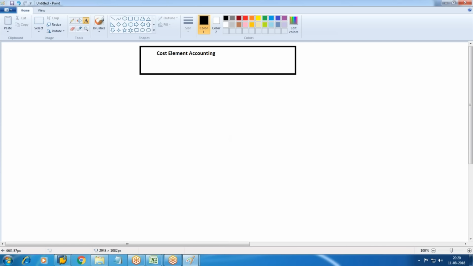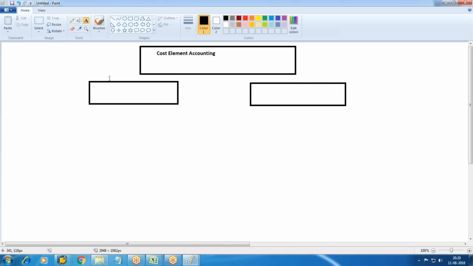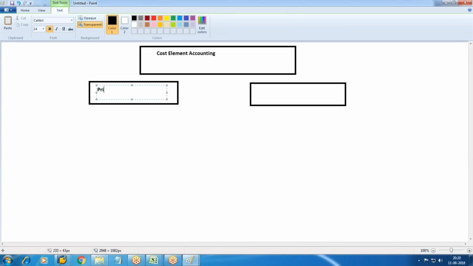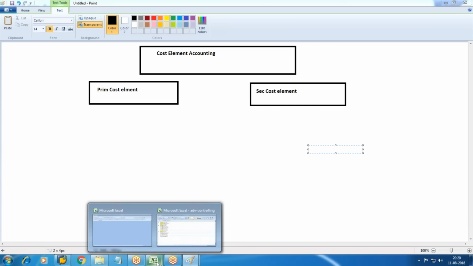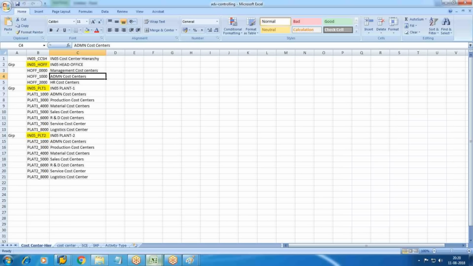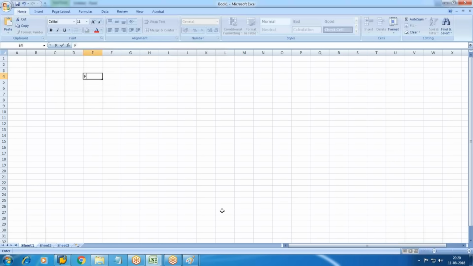In cost element accounting, we have the primary cost element and secondary cost element. Okay, when an FI person is going to post a transaction, suppose I want to post a transaction in FI entry,